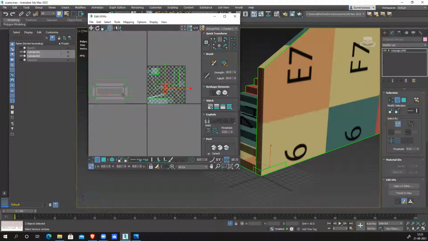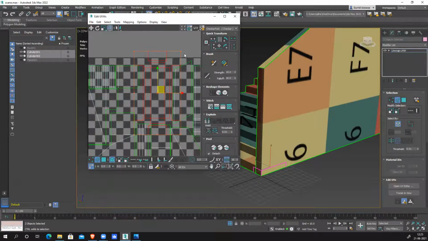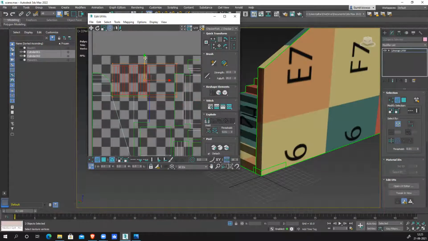For this section, I can select this one. 90 degree, rotate, place it here. Place it here, and here I can see these two things.